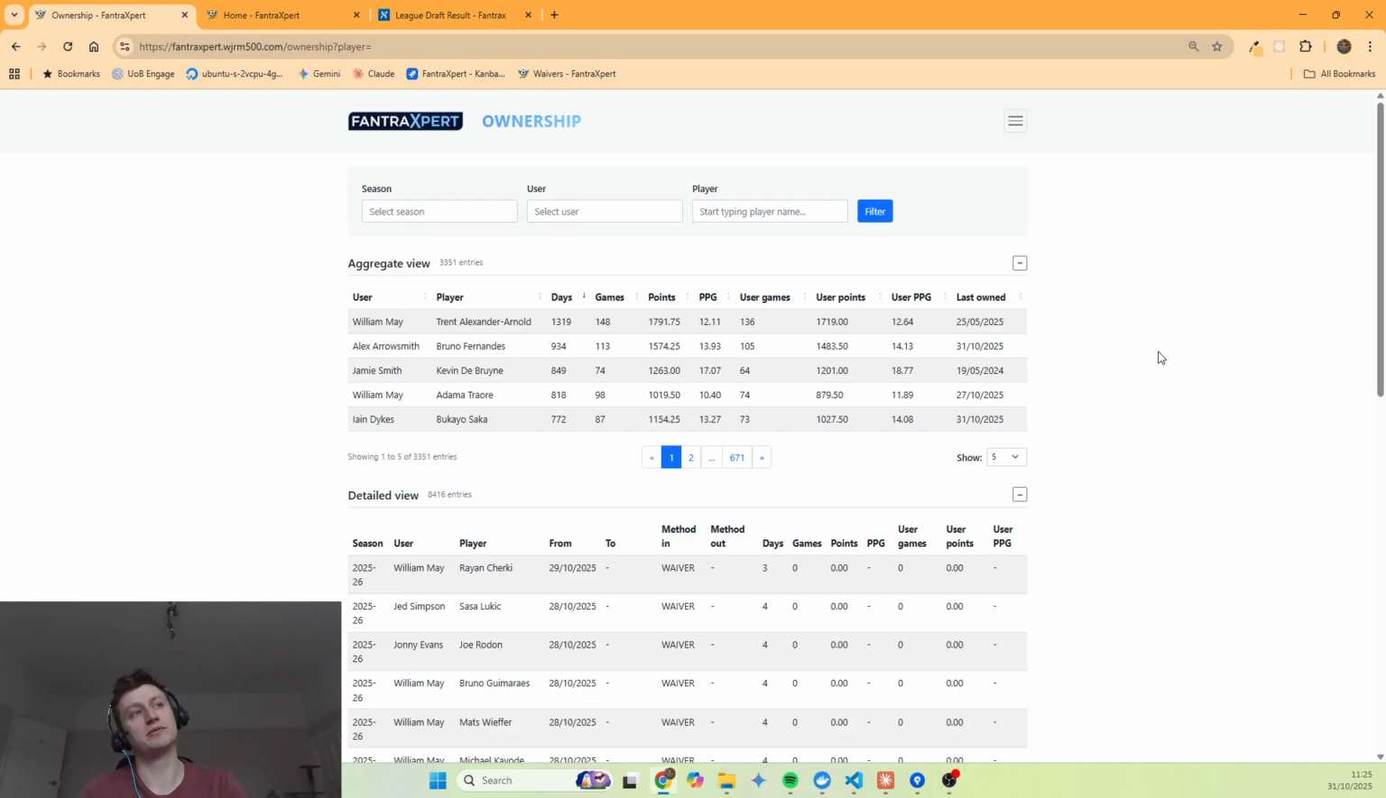This aggregate view is cool because it basically sums together all of the ownership periods for a particular player and a particular user. So you can see that the player that's been owned by a single user for the longest period of time is Trent Alexander-Arnold, and he's been owned by me for 1,319 days, which is by far and away the longest. I always pick up Trent Alexander-Arnold, or I did until he left and joined Real Madrid, which